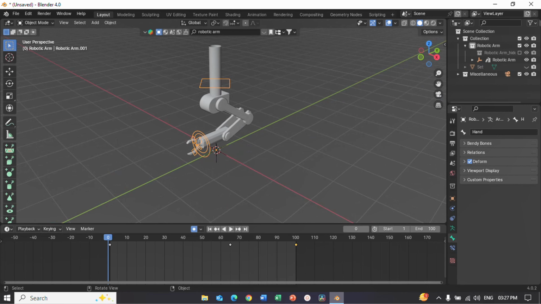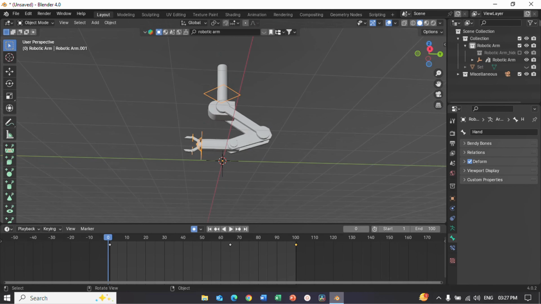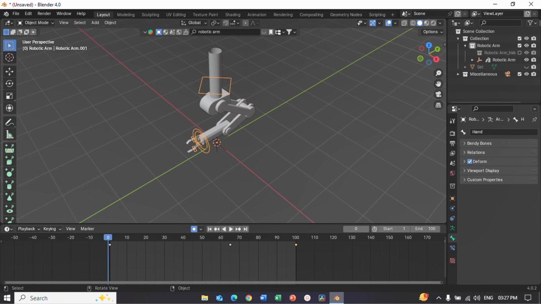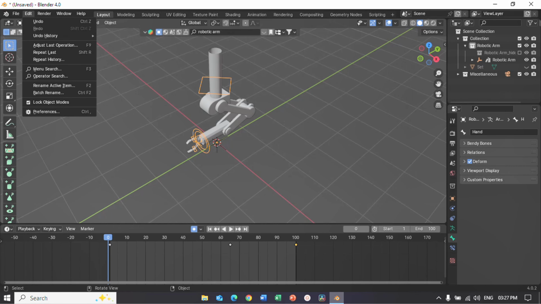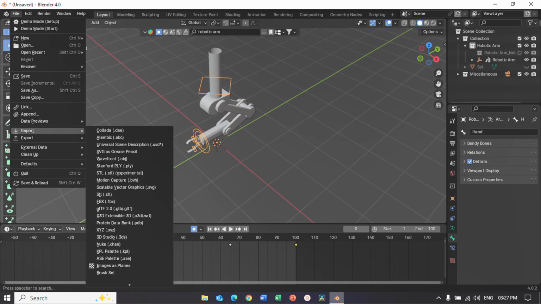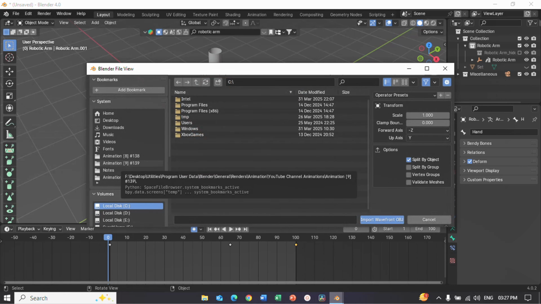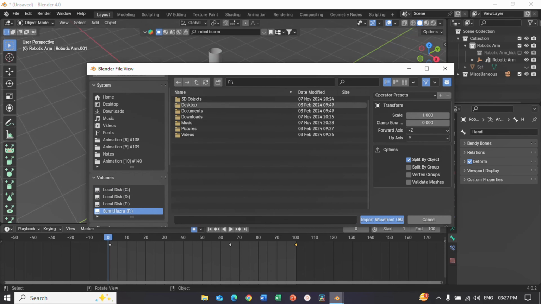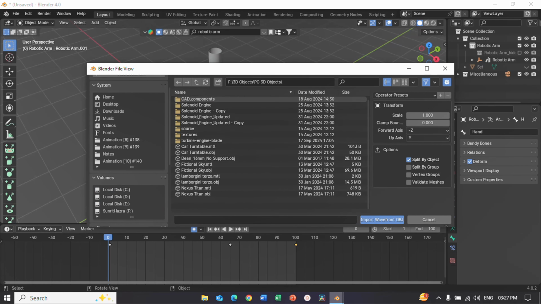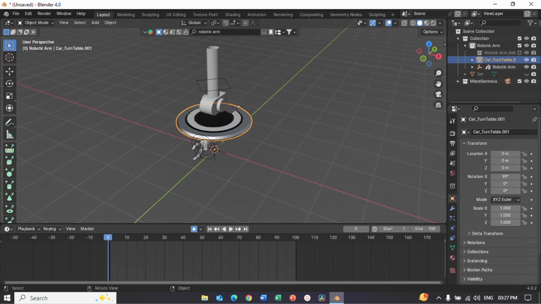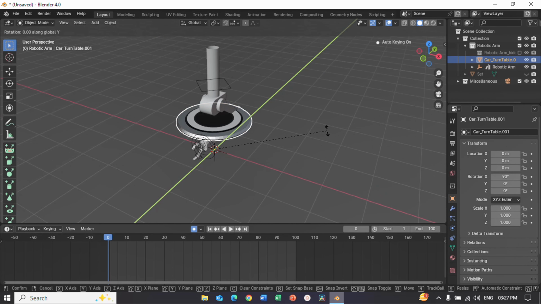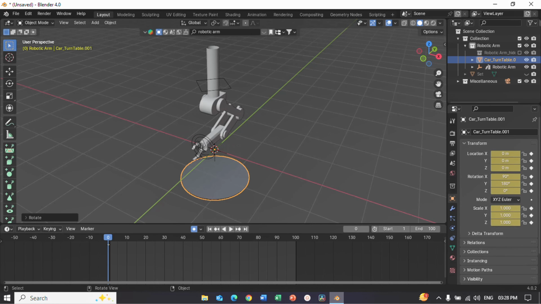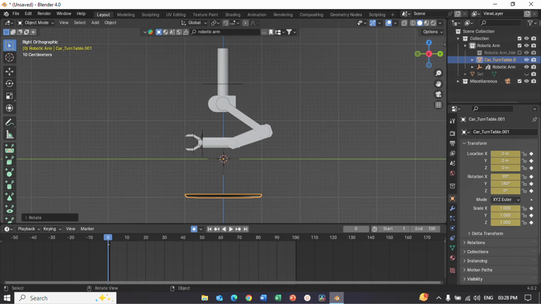Let's make changes to the environment. This one seems to be floating in mid-air, so let's add here something. I remember of one model that I've modeled a few years back, that is of a car turntable. I don't know why, but I'm thinking of adding it in the scene will be more logical than adding anything else. This is the model. First need to rotate this 180 degrees by y-axis. And now let's position this correctly.